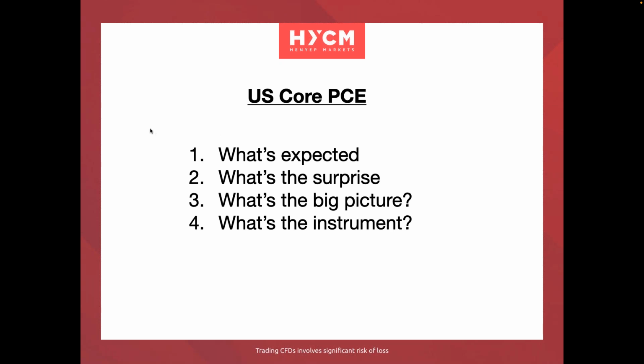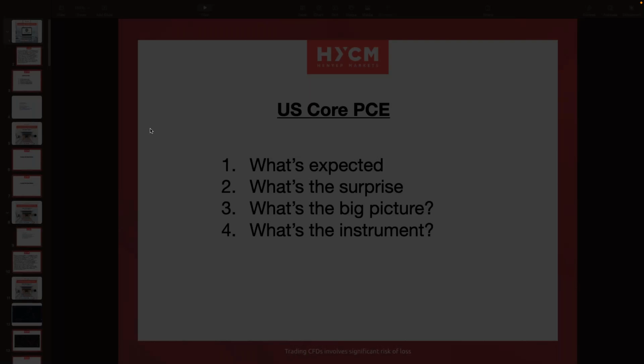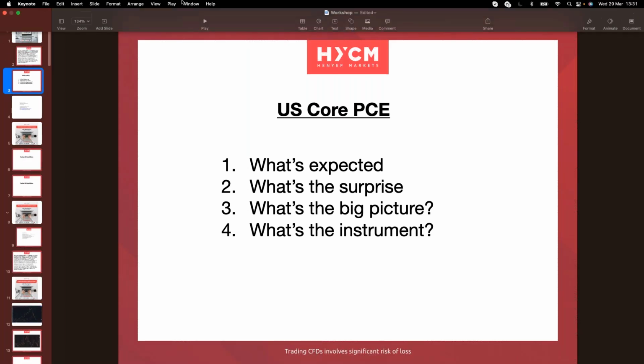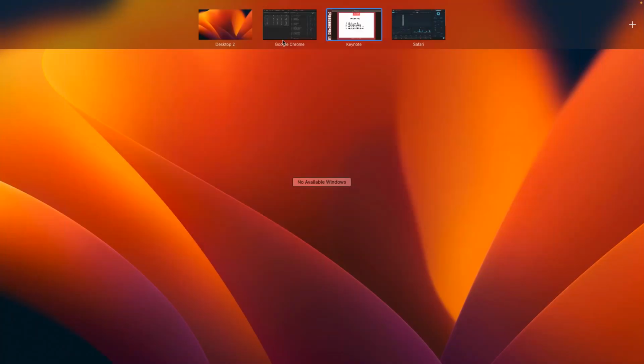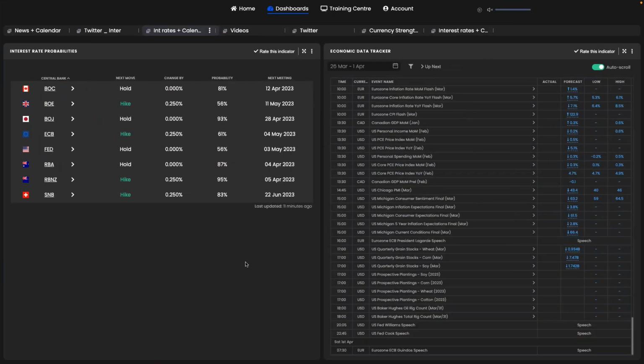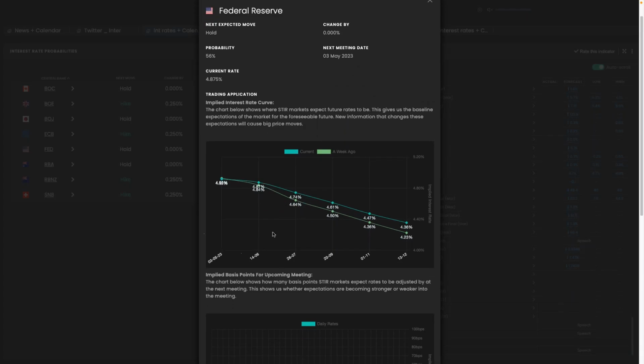And as other folks are coming on, we're going to have a quick overview of where we are with markets. Now, before we look into the core PCE, I want us just to get up to speed with what the big picture is, because it's very important to understand the big picture right now, particularly with so much going on. So the first thing to be aware of is that the Federal Reserve interest rate pricing is now very different